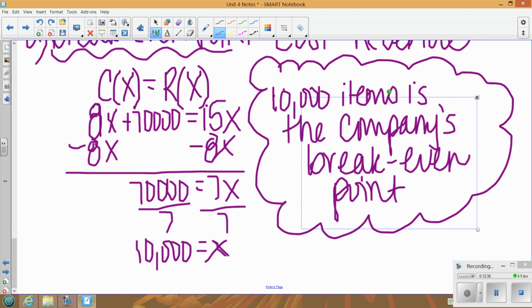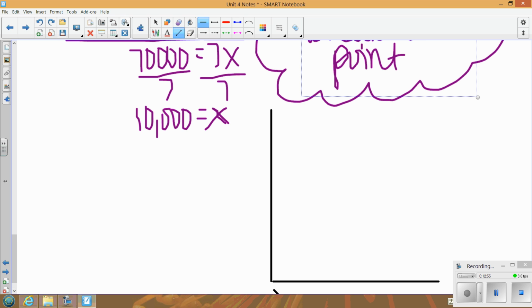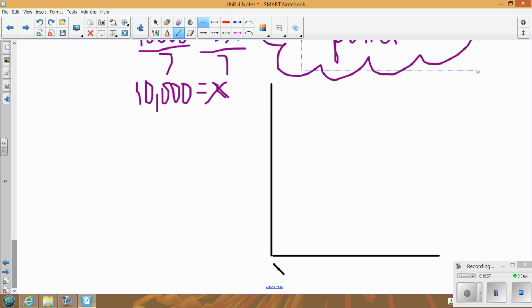So let's look at this on a graph so that you can see how we can use linear inequalities to model this. We're just going to do a rough sketch here. We're not going to worry about it being perfect. But basically, when you're looking at this, you would only be looking in the first quadrant, because on a graph, the other quadrants have negative values for x and y. And we're looking at x only in the positive numbers because x equals the number of items, and you can't have a negative number of items. So we're looking at just the first quadrant for this. So this would be my